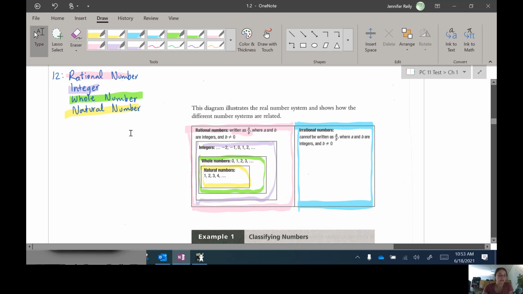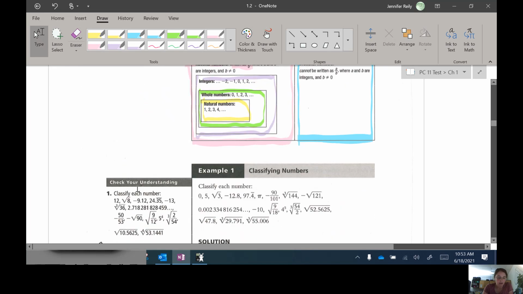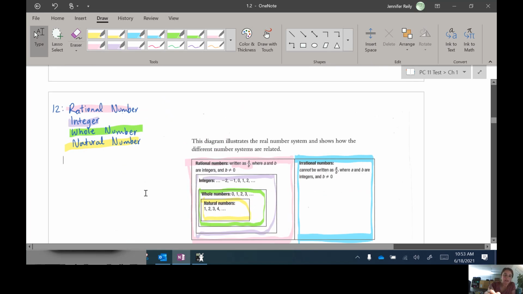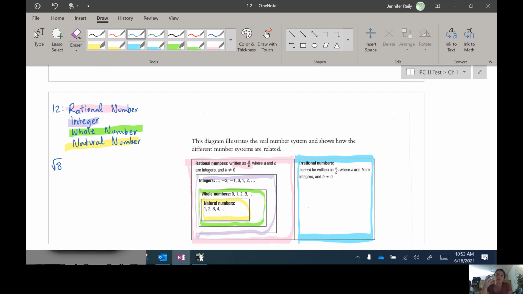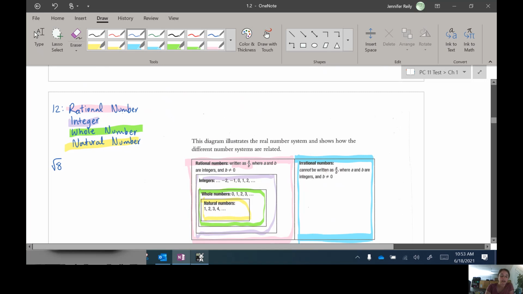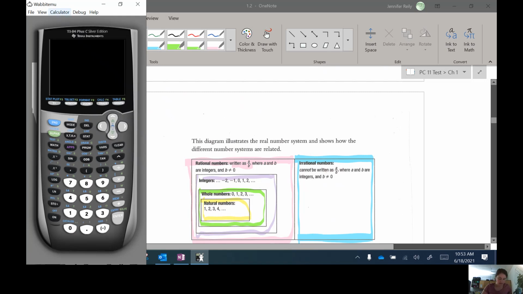Okay, let's look at the next one on the list. Square root of 8. 8 is not a perfect square. When I take the square root of 8, there's nothing that multiplies twice to make 8. And so this is going to be a decimal that goes on forever and doesn't terminate. If I typed it in my calculator,